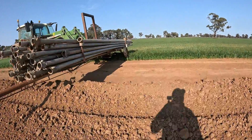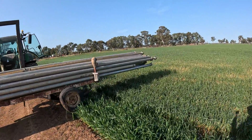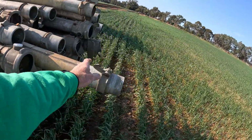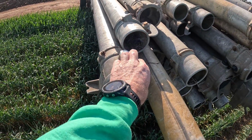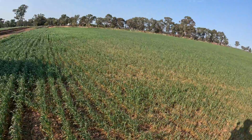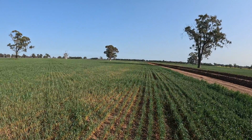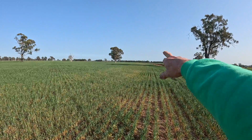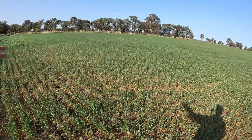we've got the pipes, so we're just running them out, and they've just got a half turn. They've got a little latch on the end of them, and you can see they've got a rubber in there, and they just slip in, and then the hook hooks on there. So I'm just running them out here, just going to do a straight line. The channel does a turn and then heads to the west down there, so I'm just going to run these out, and we'll probably set the pump up there, and then we can set the irrigator up here, and as we can just do